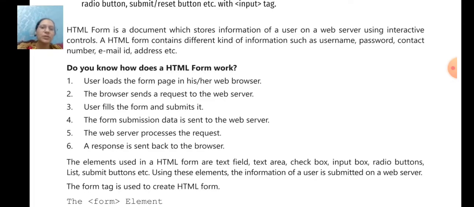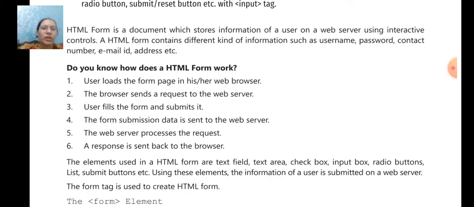The elements used in creating HTML forms are text field, text area, checkbox, input box, radio buttons, list, submit buttons, etc. The information of a user is submitted on a web browser by using these elements.